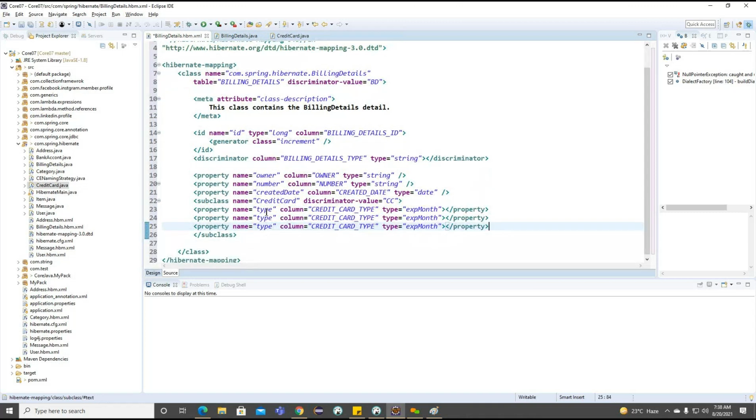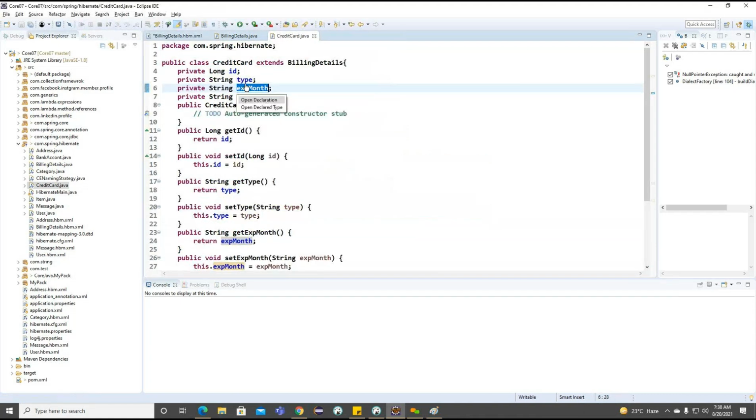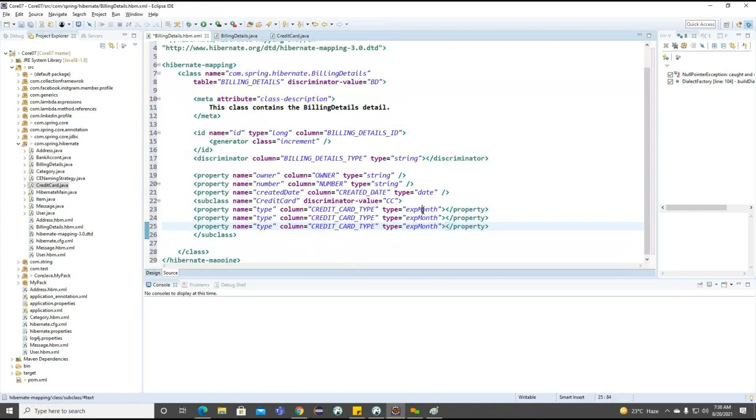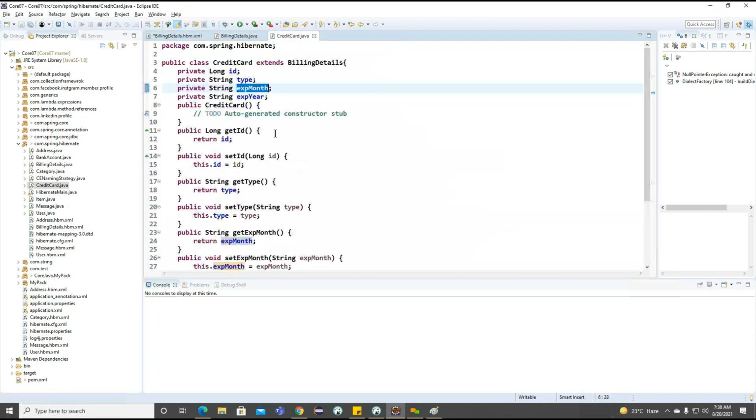So this is all about our subclass here. exp underscore month here. This is also a string here.